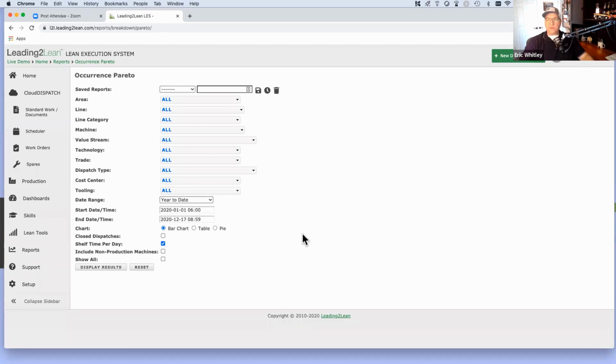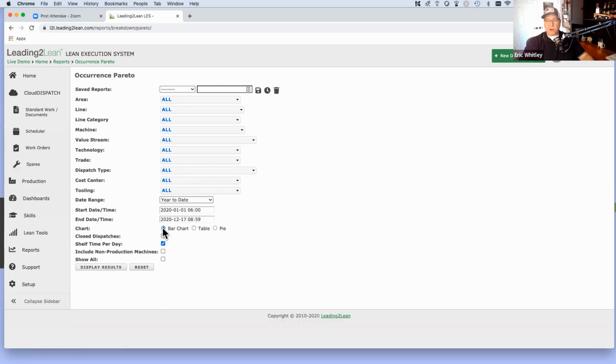So if I wanted to do a week or 7 days, I'm only looking at the things that have happened in between that shelf, if you will, that shelf time per day. Okay, so that's why this is important to understand as well. In most filters, you're going to see this as well, especially on your Paretos,